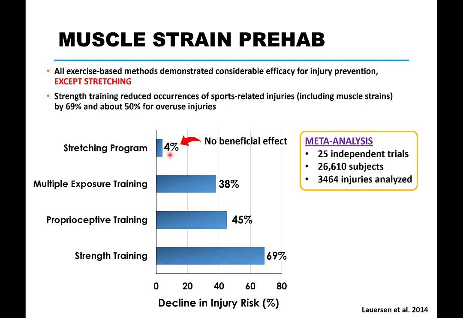Flexibility has nothing to do with being able to withstand higher levels of tension. However, strength does. And this is why strength training has shown repeatedly, and confirmed by meta-analyses, to be the most effective prehab method for the prevention of muscle strains. In other words, high tension stress repeatedly imposed on the muscle, like through strength training, makes the muscle eventually more resilient to high tension stress and thus less susceptible to strains.